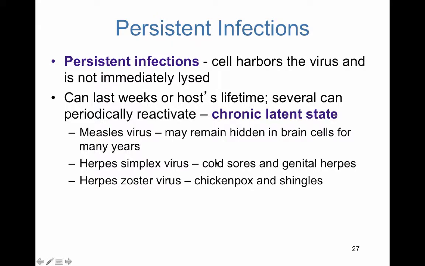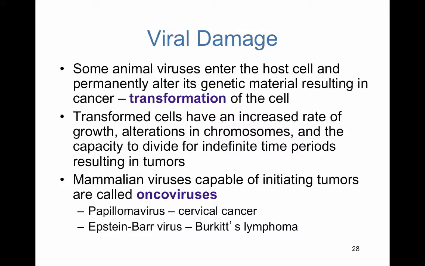These can lie latent in specific nerves, the trigeminal nerve, only to be later reactivated to stimulate what we call outbreaks of this infection, or even herpes zoster, same thing. The same virus that causes chickenpox can also be later reactivated to cause a different manifestation of the disease that we call shingles. So there's a lot of diversity along the spectrum here with regards to viral infections, and some do have this nasty potential to transform cells into cancerous ones.